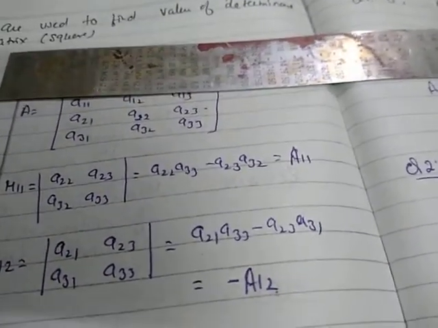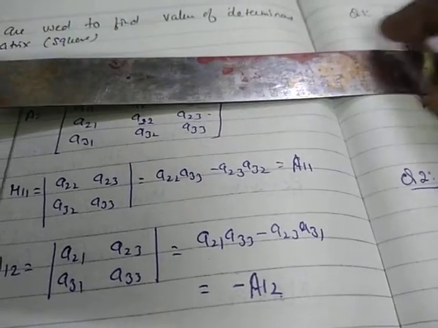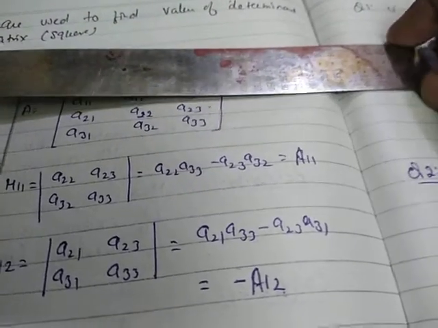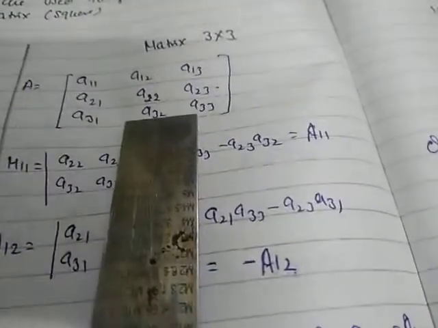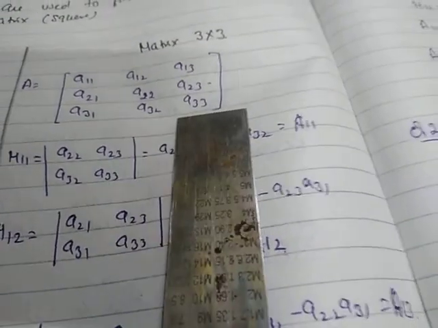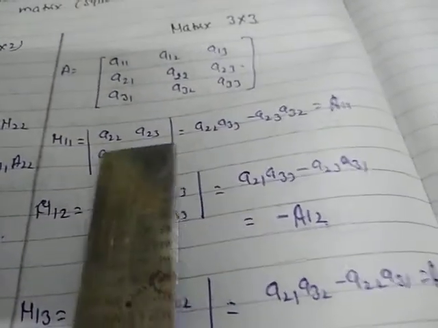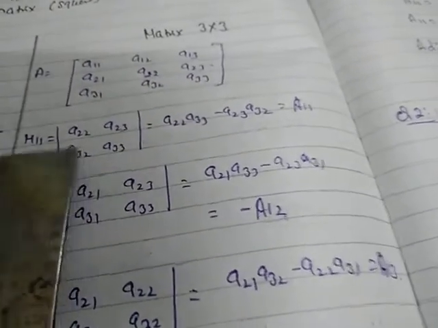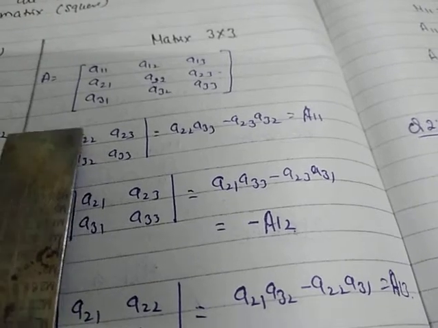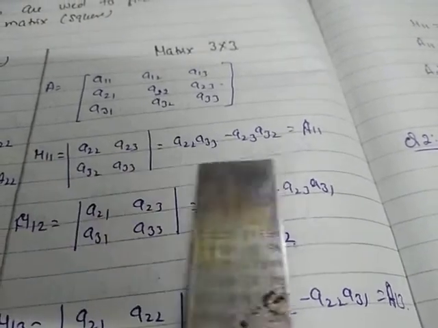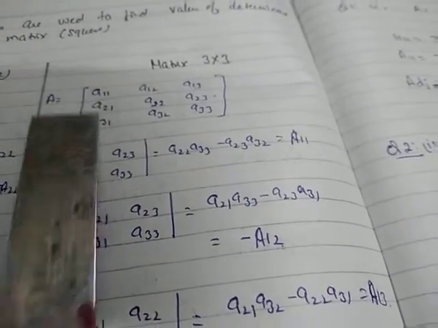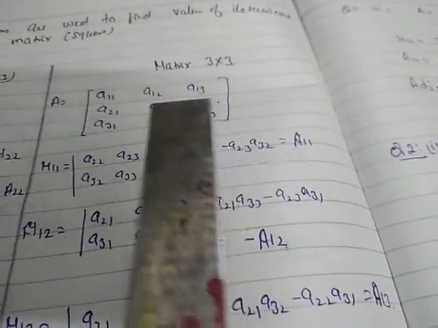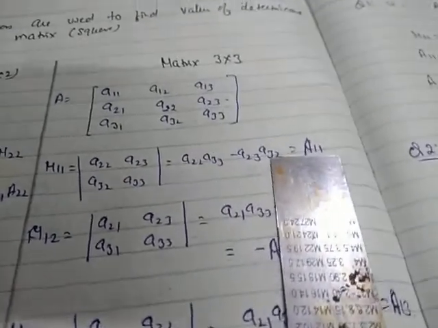Now since it is 3 by 3, that means it is going to convert into a 2 by 2 determinant, sorry. So what we have to do, A22, A23, A32, A33, it is placed here just as a determinant. Now for this one, the determinant value is this into this minus this into this. Here in minor, the element is not going to be multiplied, only this part is your minor.